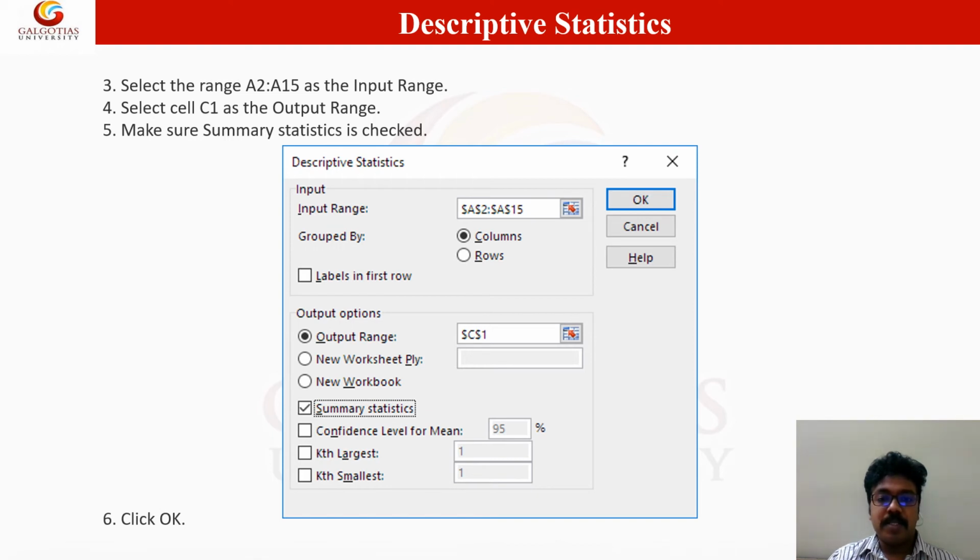Then you select the output range, where you can see the output, starting from C1. Check Summary Statistics so that it shows you the summary of the entire statistics in the output, and click OK.